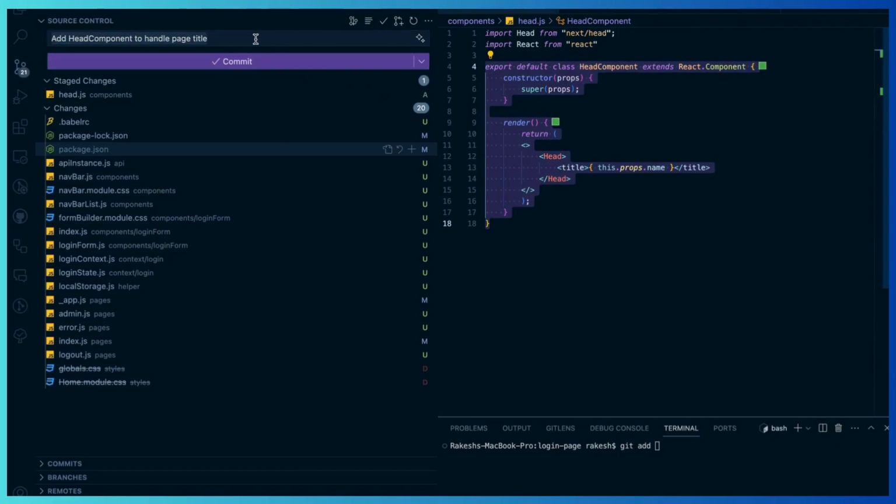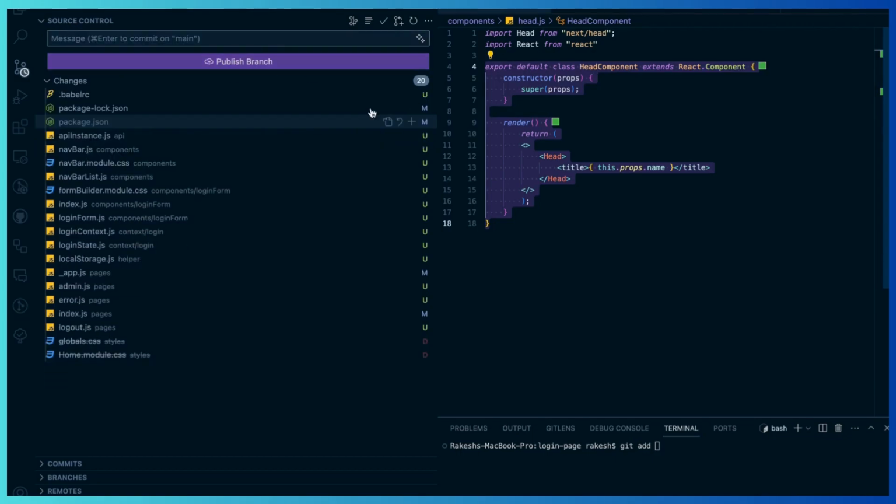So simple, and it's a very meaningful answer, or message you can say, to commit this file. And let's commit this, and this is